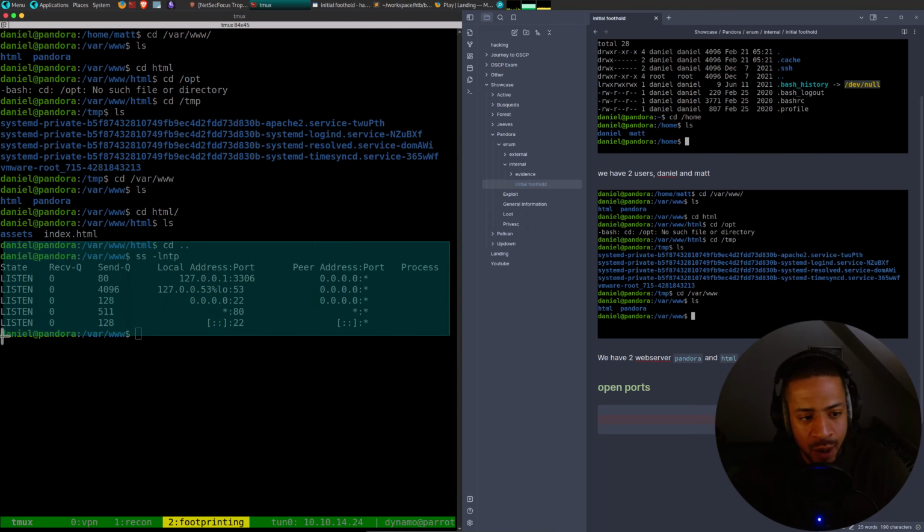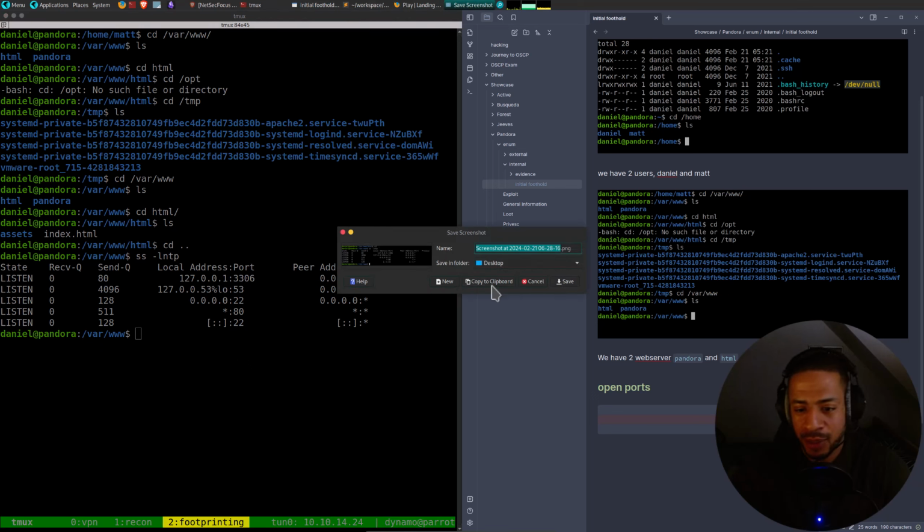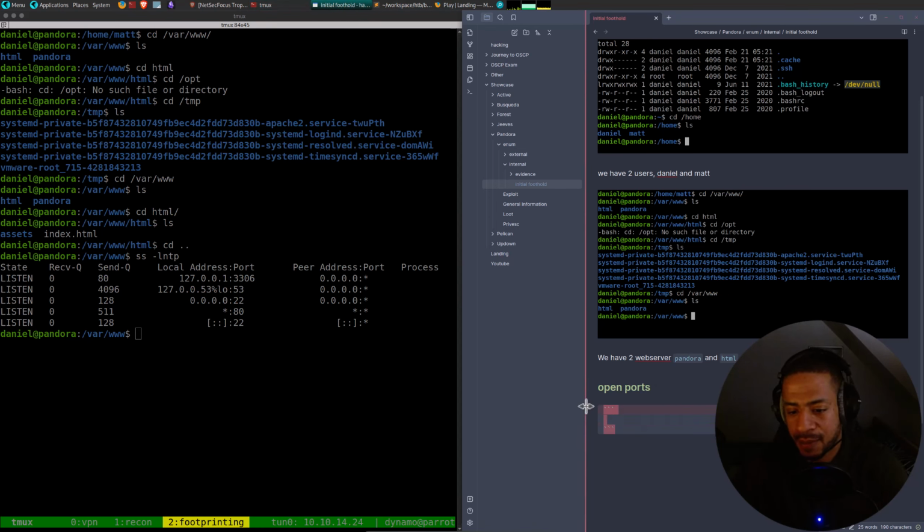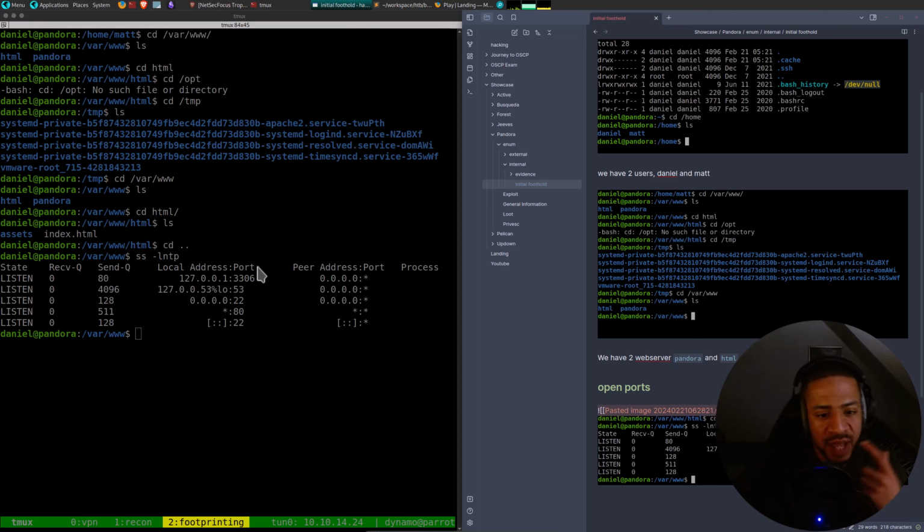I still have to figure out when to take screenshots and when to copy to clipboard. So the open ports: we have MySQL, not MS SQL, on port 3306. Then we've got port 80 running. I believe this is just localhost, and this Apache server is probably Pandora and we don't have permissions to it.